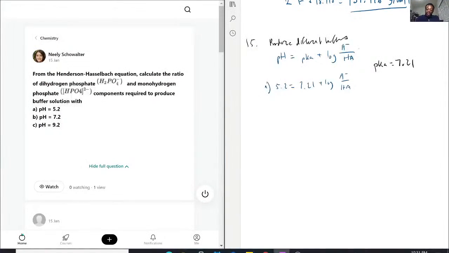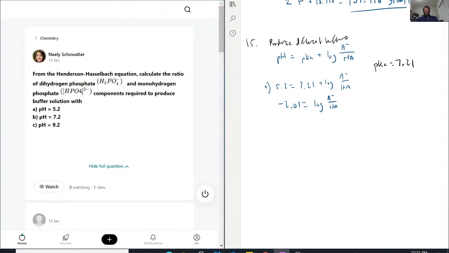Now we subtract the 7.21 from both sides. So now we have 5.2 minus 7.21, which is negative 2.01, is equal to log A minus over HA. Okay,